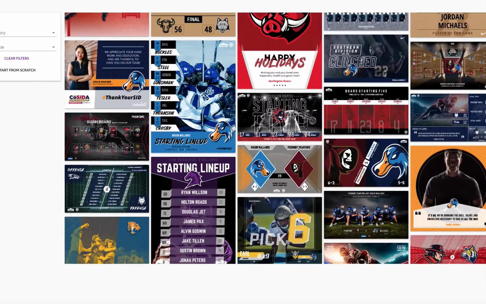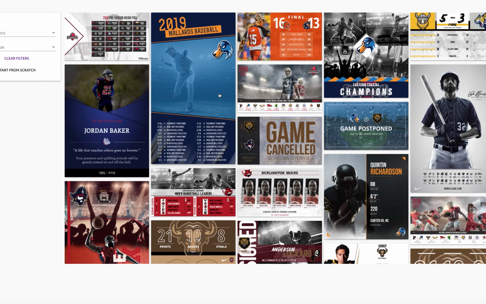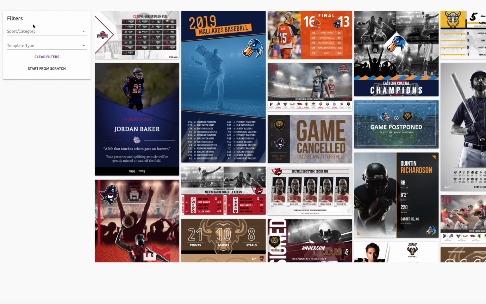And there's plenty of templates, and I'll move my screen over here so you can see it. There's two filters. You can filter by sport, different sports here, and you can also filter by templates, so game preview, starting lineup, in game, etc. For right now, I'll just click on this one. This is one of our newer templates,